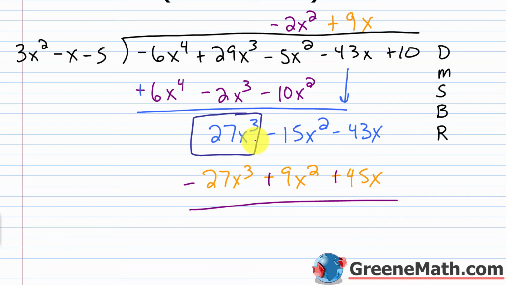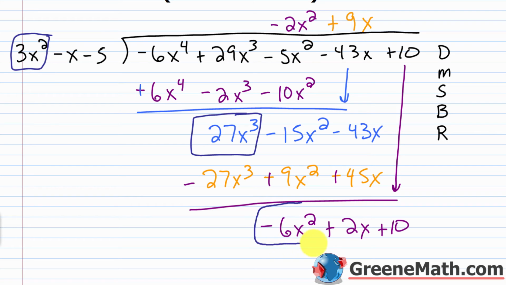27x cubed minus 27x cubed is 0. Negative 15x squared plus 9x squared is negative 6x squared. Negative 43x plus 45x is positive 2x. Now we're going to bring down this plus 10. Then we want to repeat. So I'm going to, again, go leading term